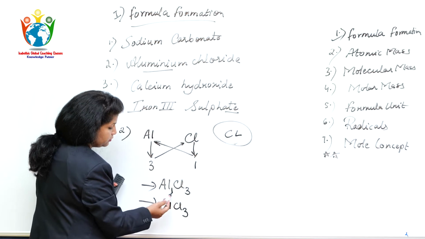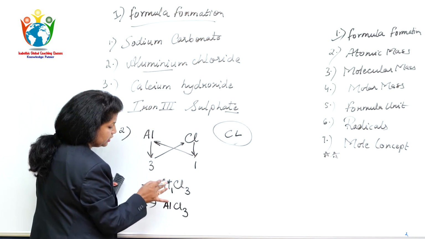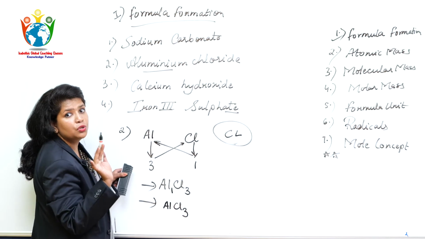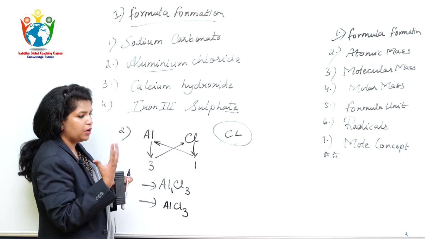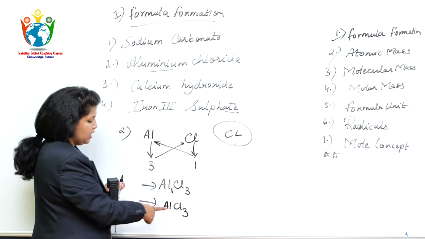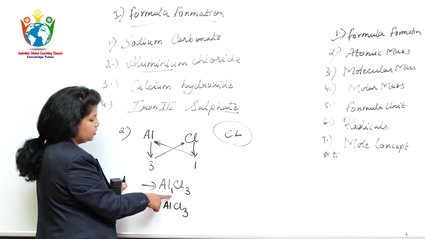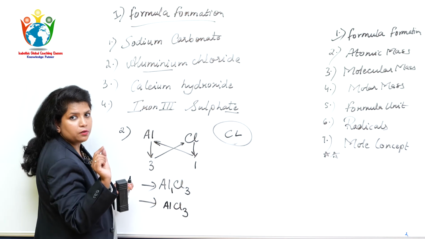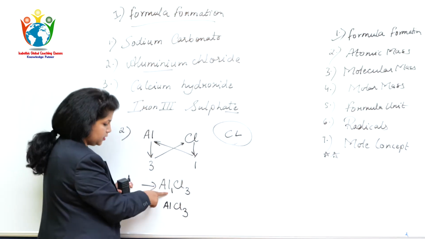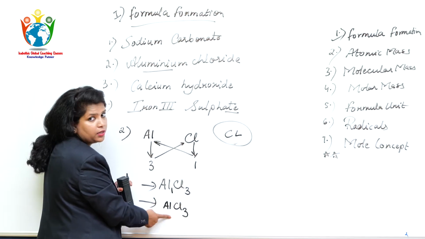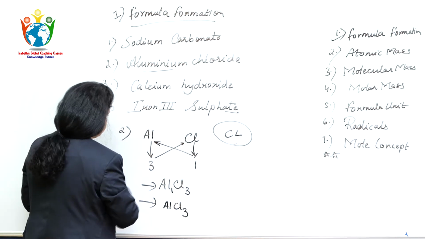But if you leave the answer in the paper like this, you will not get marks, it is 0. Because when you go to the 10th standard, the formula is represented like this, not like this. You will get 0 marks for it. So when you are writing this, you have to get the end product like this. Okay. I will rub this now.